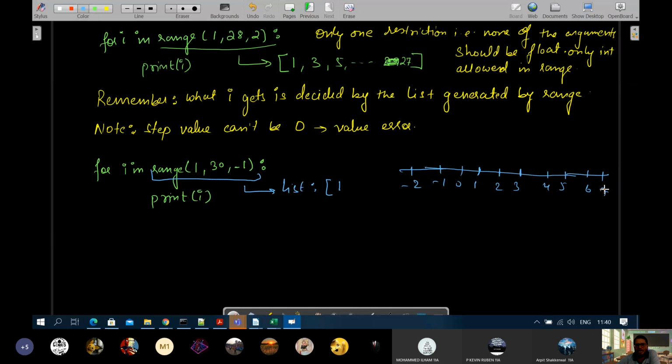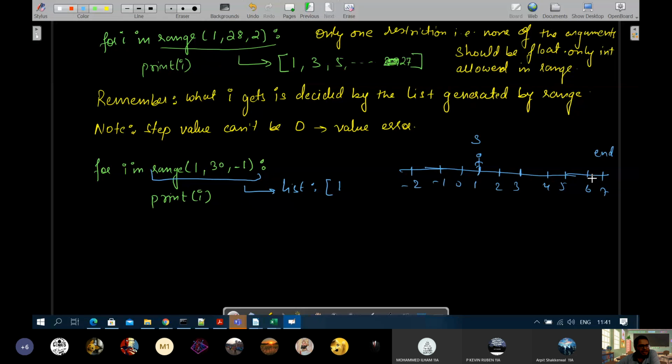Say this is a straight track and you are standing here. I tell you that you have to reach 7, and every time you have to jump 1 meter. Now I tell you that your starting position should be this, you have to end up at 7, but every time you have to go back by 1. Will you ever reach 7?